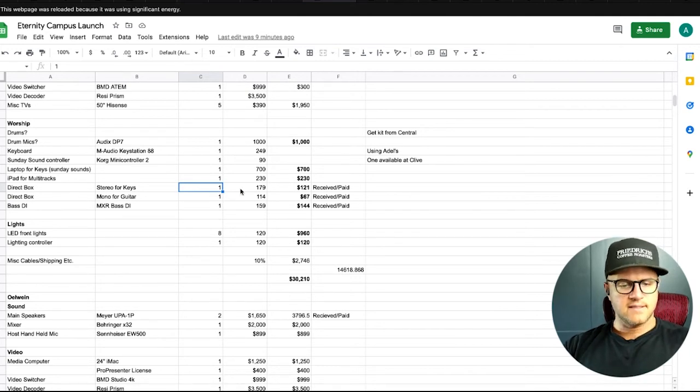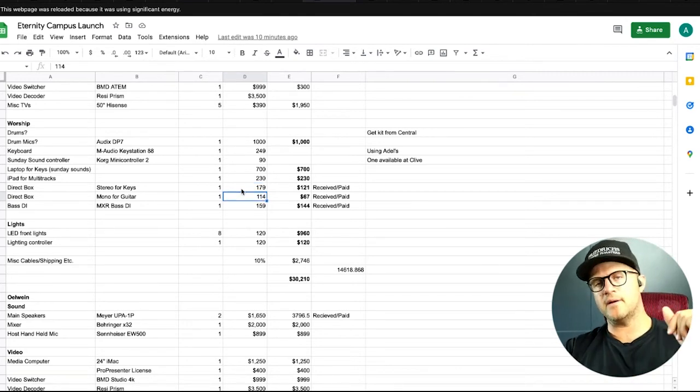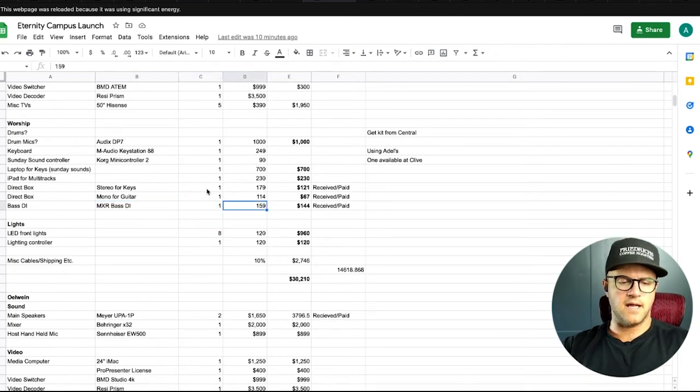Direct boxes, guys: get a stereo direct box for your keys. Don't forget to go stereo for your keys. It's going to help separate the sound spectrum. Mono for guitars, obviously. I highly recommend going with Radial on any direct box in particular, but MXR does a fantastic job too, especially for bass DI, so check those out. And I got those pretty cheap on reverb.com. Again, Reverb is a fantastic